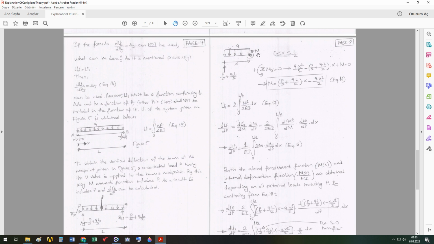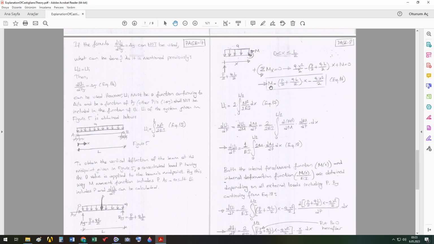There is an internal moment here, and the Q load. I don't need to show the normal force and shear force here because I will take moment about point x, and they pass through point x, so they will not be included in the moment equation. If I take the moment of all forces and this internal force, which now acts as an external force on point x, and write the moment equation about point x, I will get this one,